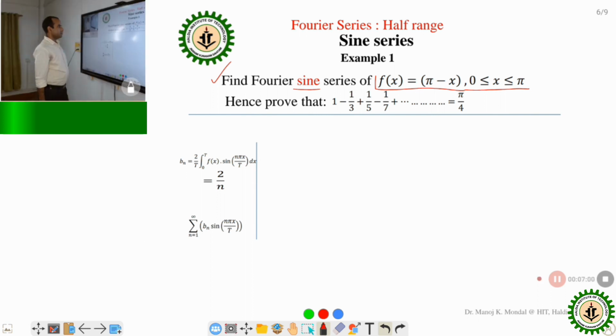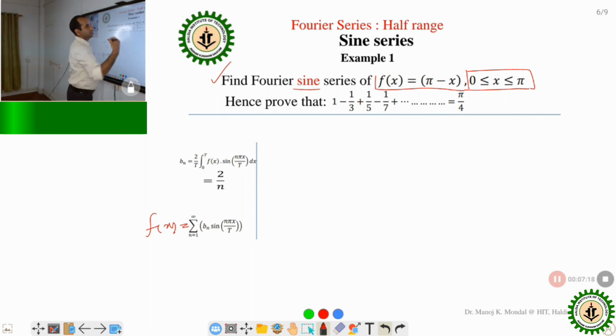So for finding the half range Fourier sine series, we know the formula: f of x equal to summation bn sine n pi x by t, and looking at the interval it is 0 to pi. So this is the half range interval 0 to pi. Here we have to first find out bn. So what will be bn? The value of bn, this is the definition, that means 2 by pi